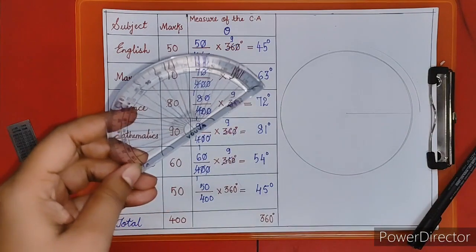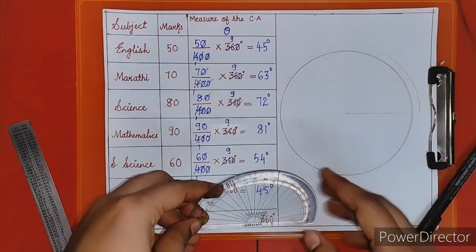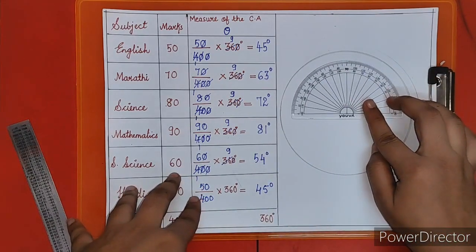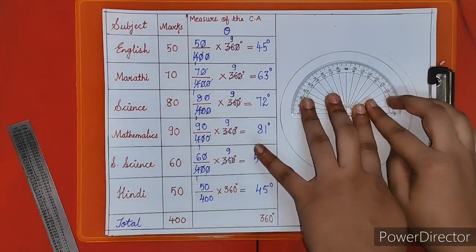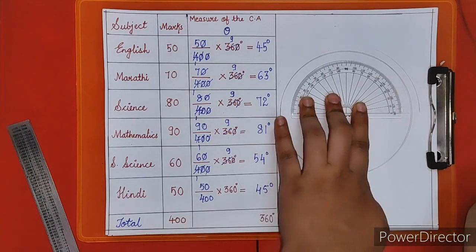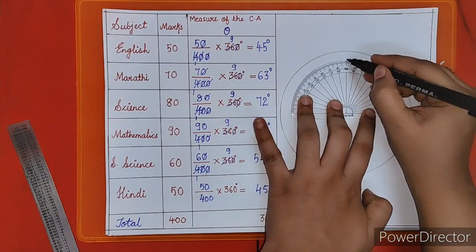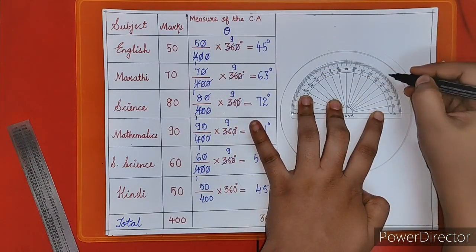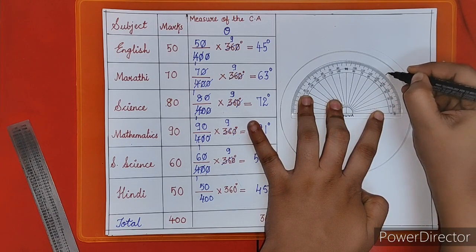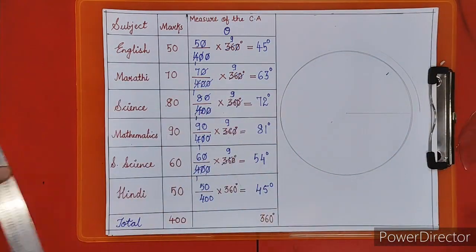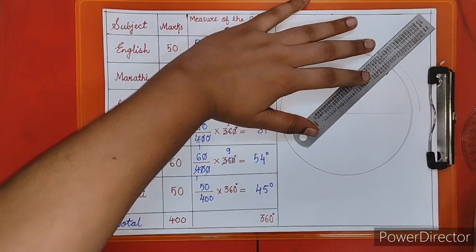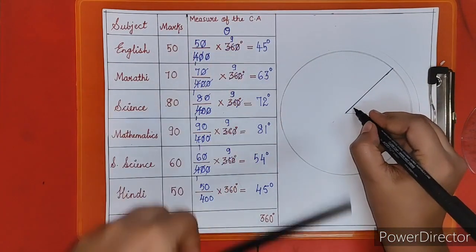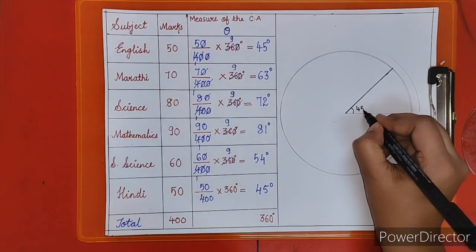So we got all the central angles corresponding to the given data. Now we'll start plotting it. We have made the circle of desired radius. We have made the radius, marked the radius in a circle using the center. We'll place the protractor and start marking it. As this is your center, this is your 90 degree. 45 is less than 90, so it will be an acute angle. This is your 45. We'll use a scale to draw a sector. We'll mark it 45 degree.